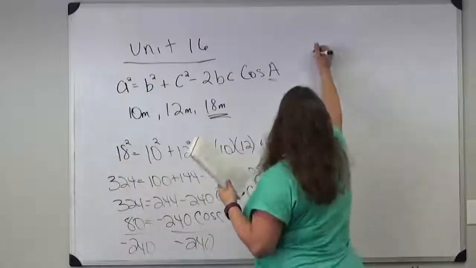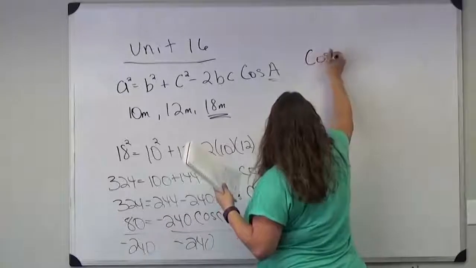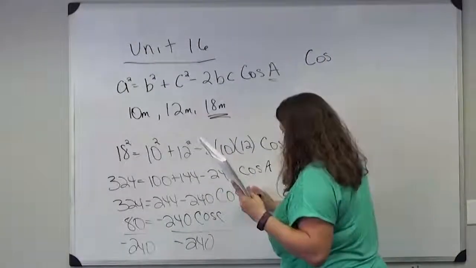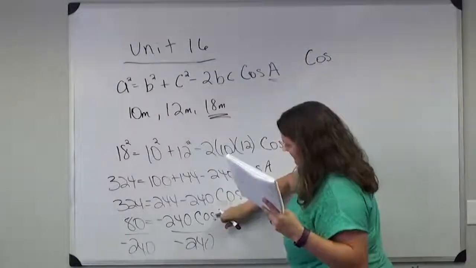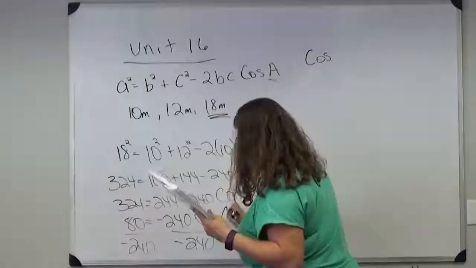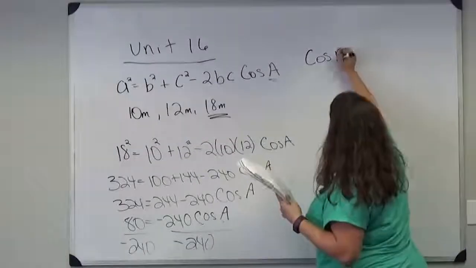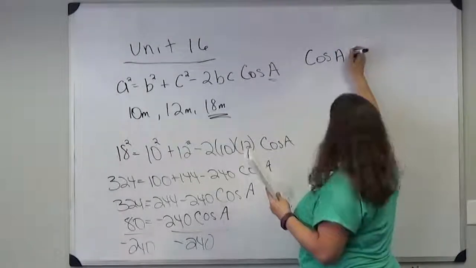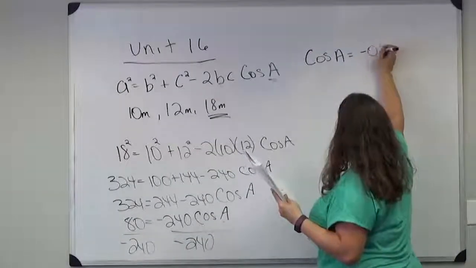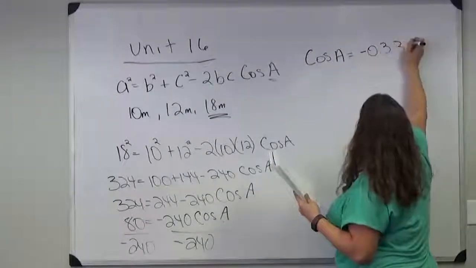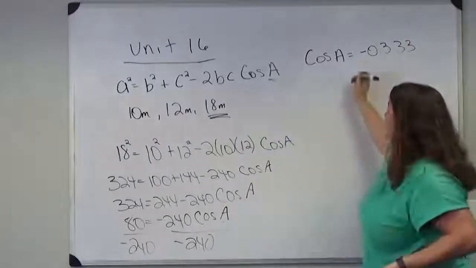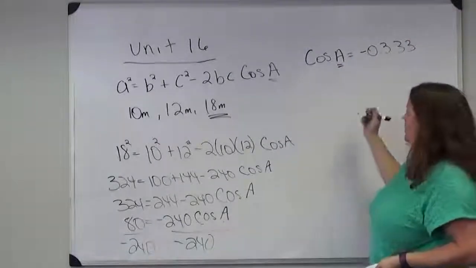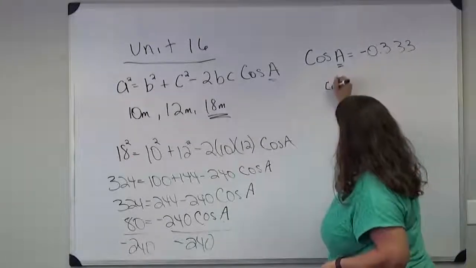You get that cosine of A equals negative 0.333. Now to get this A, you're going to have to find a button on your calculator that says cosine